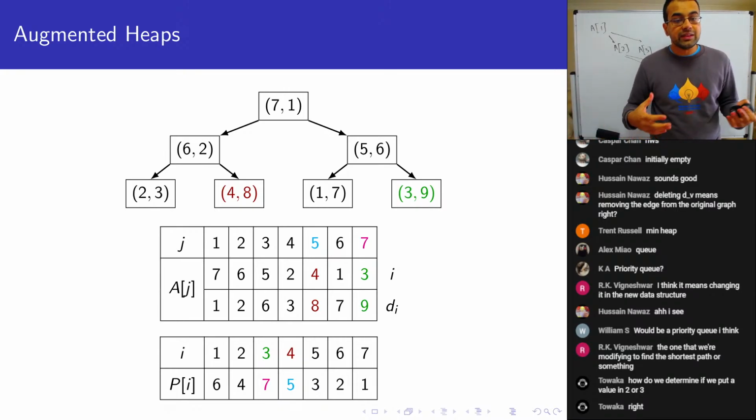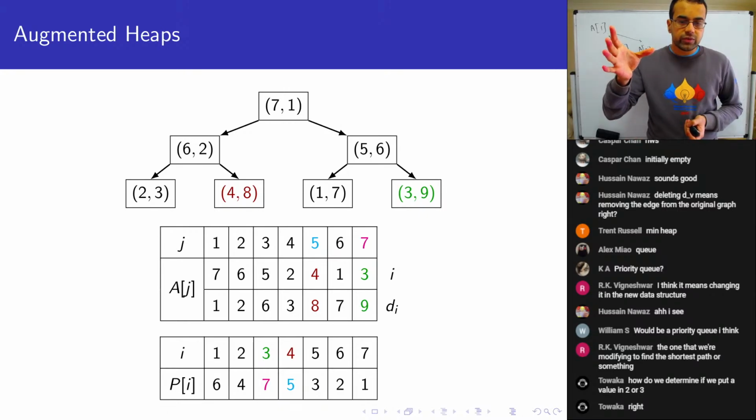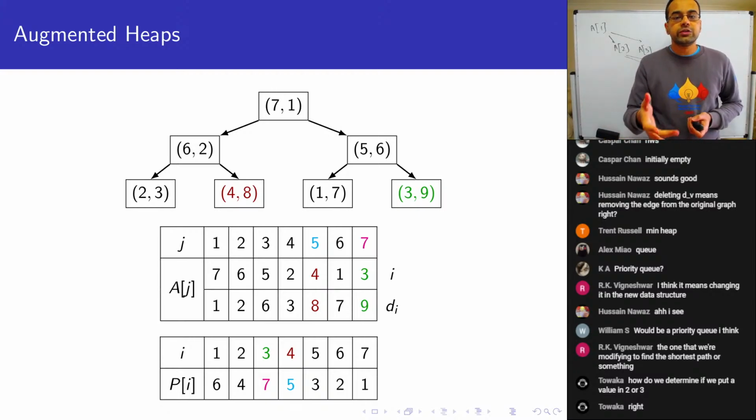And then I'm also going to maintain this position array, which lets me do lookups into the heap. So how do we represent this? Well, we simply list off in the heap array each layer of the tree from left to right. So A of 1 is the root of the tree that has vertex 7 with distance 1. And so that's the reason for the first column in the A table. The second entry in the heap is the left child of the root, and so that is vertex 6 of the graph with distance 2,